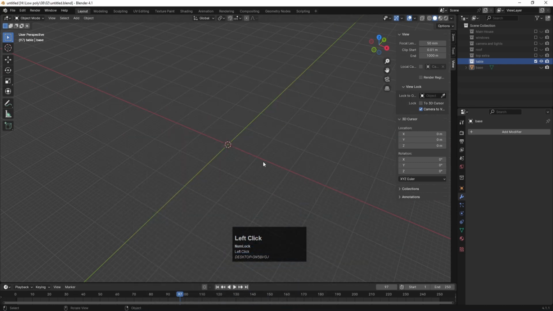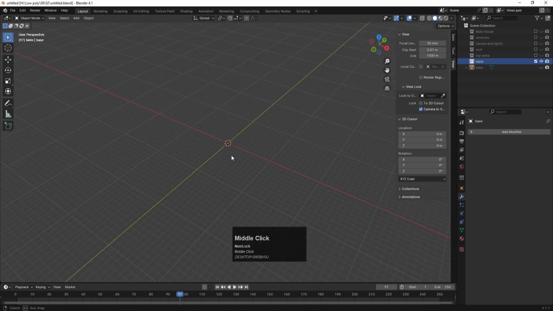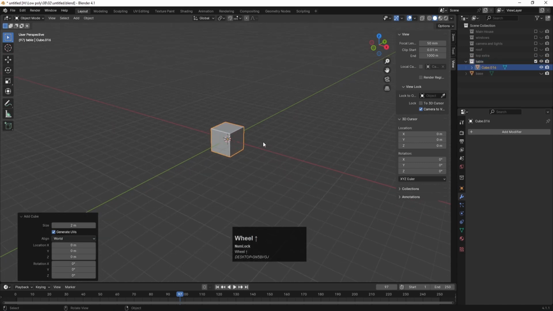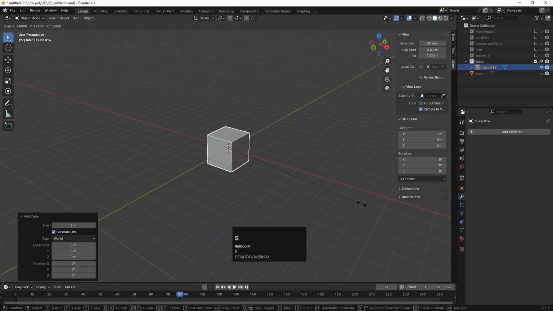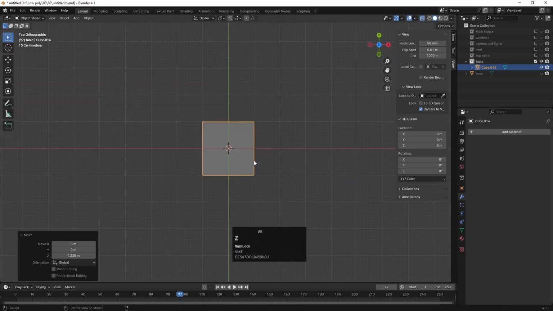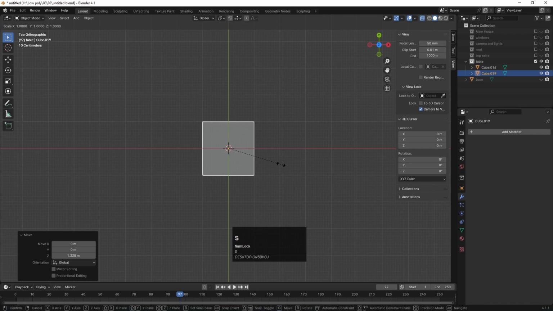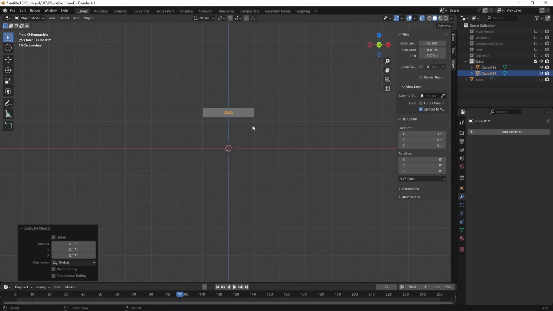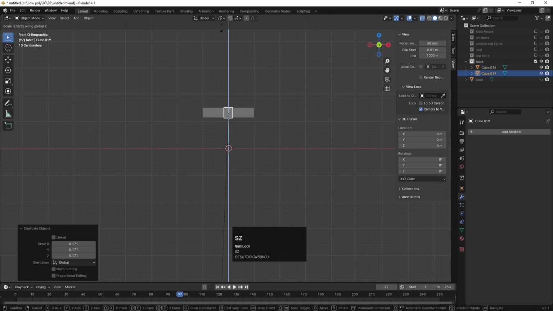Oh, sorry. Now let's create two tables. So press Shift A, which is going to be very simple. Create one cube over here, and press S Z and create one like this, G Z, and bring this over here. Go to the top view, Alt Z, Shift D, S, and let's scale it like this. Go to the top view, then press S Z and scale it like this,